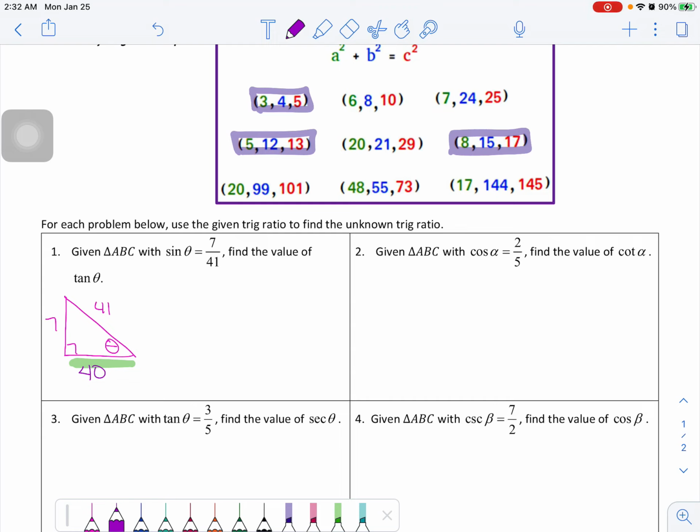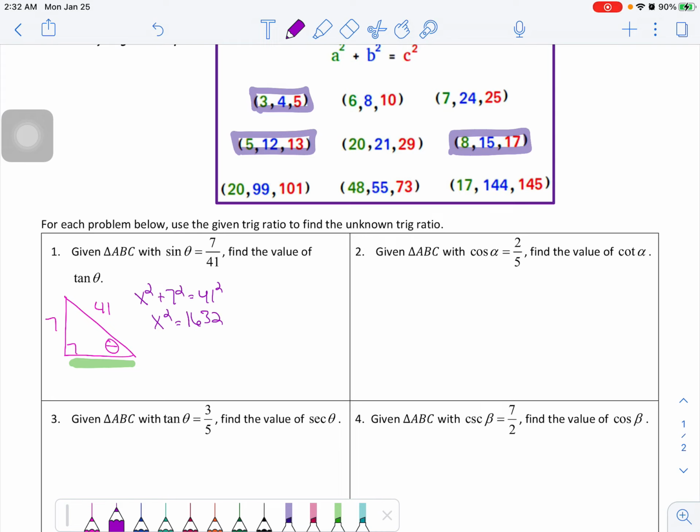If you want to double check or you just forget your triples, you can always set this up. x squared plus 7 squared is equal to 41 squared. So if I take 41 squared minus 7 squared, I believe I get 1600. Okay, maybe I made a mistake then. Okay, it is not the triple I thought it was. So I may have made this problem a lot more difficult than I thought it was. So 41 squared minus 7 squared is